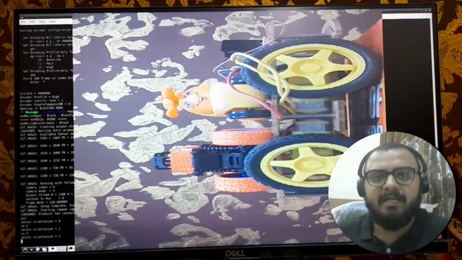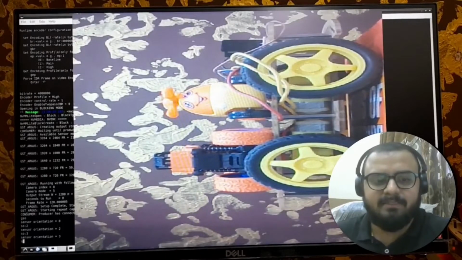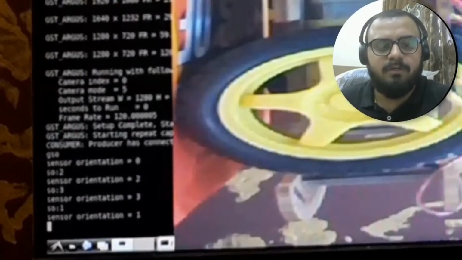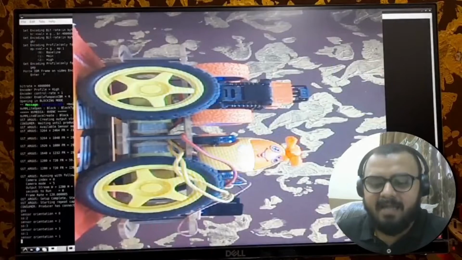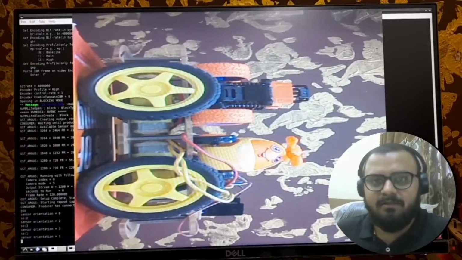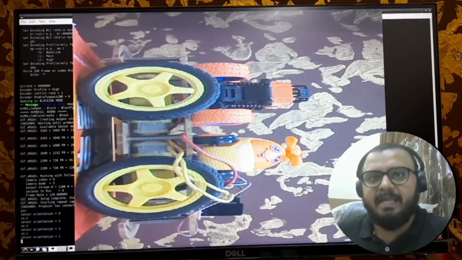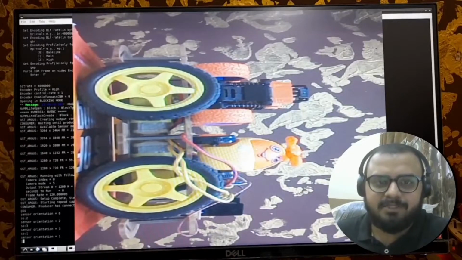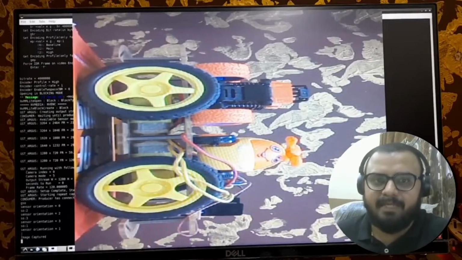It will rotate 90 degrees clockwise. Then I'll again give another value, so:1, and it will rotate the camera orientation by 90 degrees but in the anti-clockwise direction. Then I'll press q and exit the application.